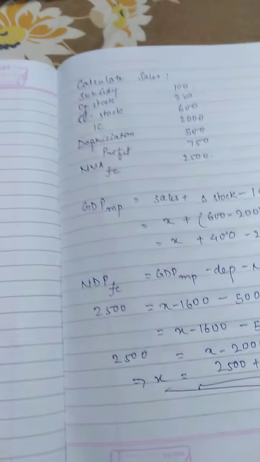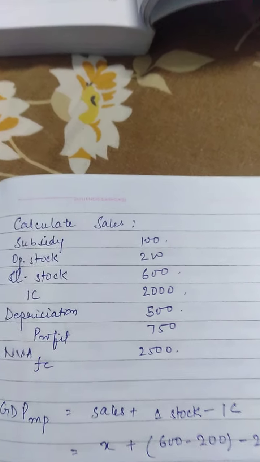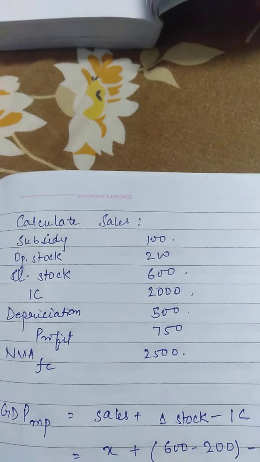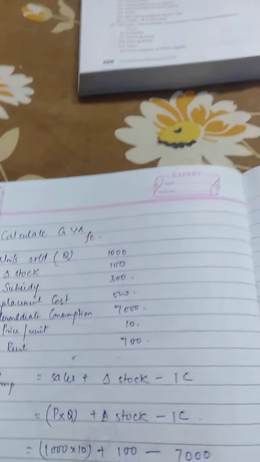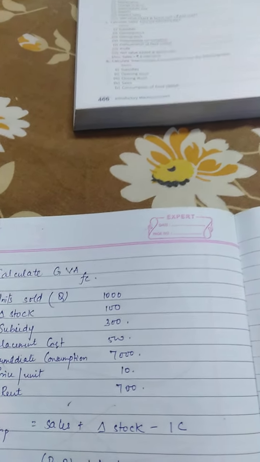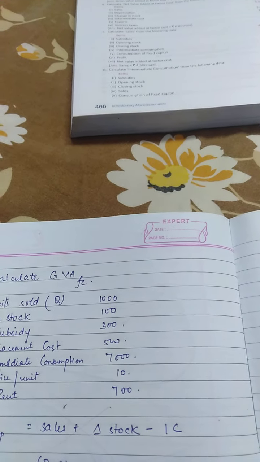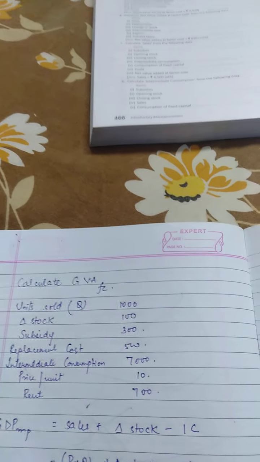And the second type of question that you might be asked, I'll show you one example over here. In books you might see, and I'll give you some assignments to calculate. The second type of question is where you're asked to find sales or intermediate consumption. Now I've told you the formula to calculate the value in the value added method is sales plus change in stock minus intermediate consumption, where sometimes in the questions you will see sales is nothing but price into quantity.